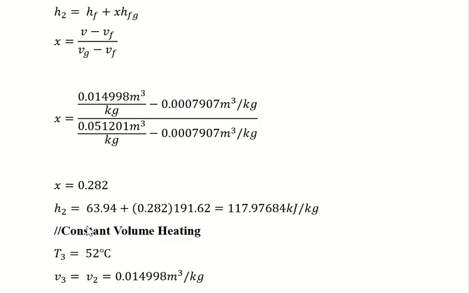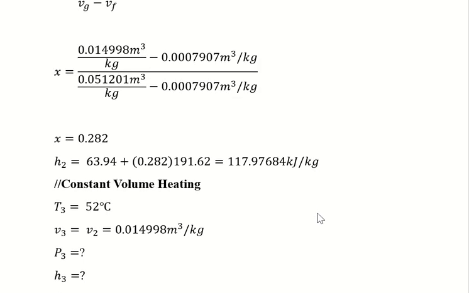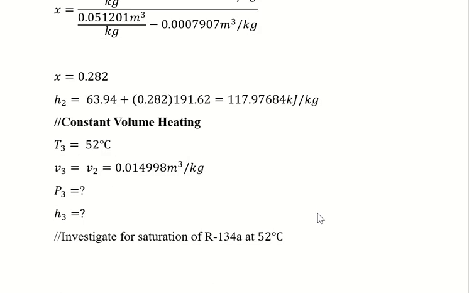And from there, you can substitute in this formula here to get the value of enthalpy 2, which is equal to this. So now we go to state 3, where they heated the mixture at constant volume,